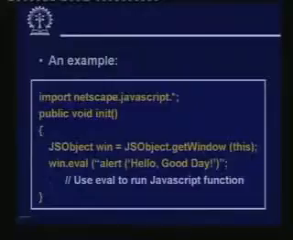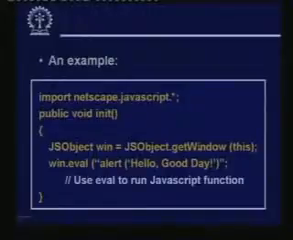Now, a small example to illustrate how we can invoke JavaScript functionalities. This is a small Java program snippet, a Java applet in fact. Here you will have to import netscape.javascript.* to include all the relevant classes. In this function, I am defining an object called win, which is being obtained from the getWindow method of the current window. So, the current window